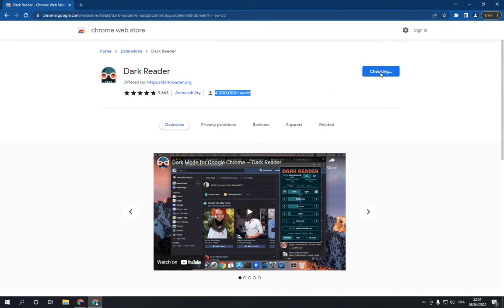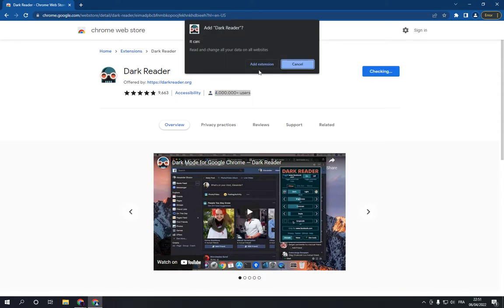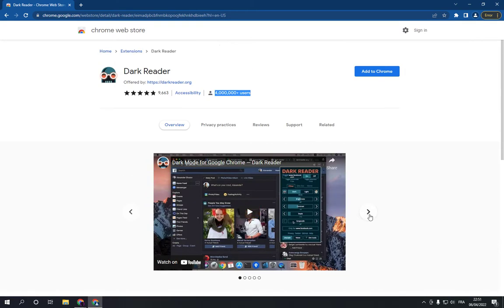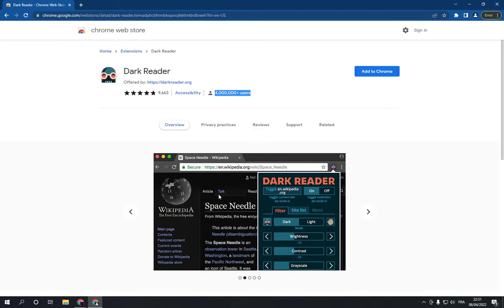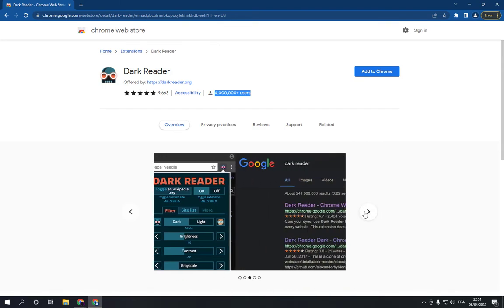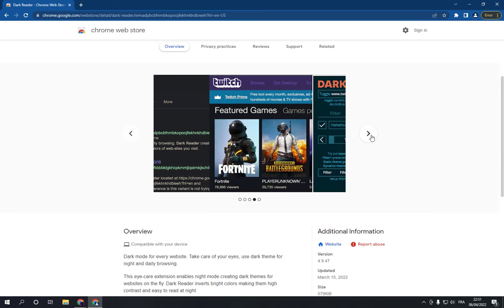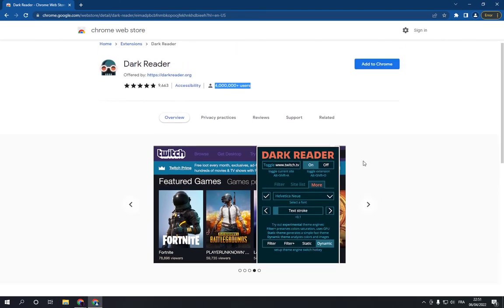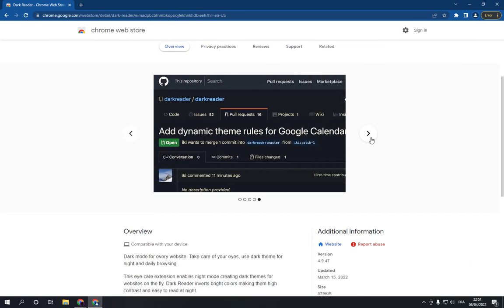Now you click add to Chrome and click add extension, and after that every website on the Google Chrome will be in the dark mode. As you can see, it's a good tool for readers, and also it's good for the eyes of the